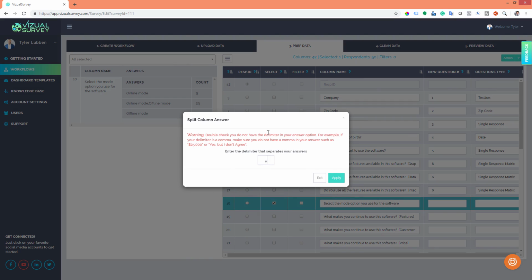Now this big red text here is saying make sure you don't have a comma somewhere in your answer choice. So if one of your answers has a comma in it, then you're going to have to go and remove that comma from this answer choice in the data, or else it's going to split it by that comma also. So you want to make sure whatever your delimiter is, you do not have that in your answer choice. So let's go ahead and split this,